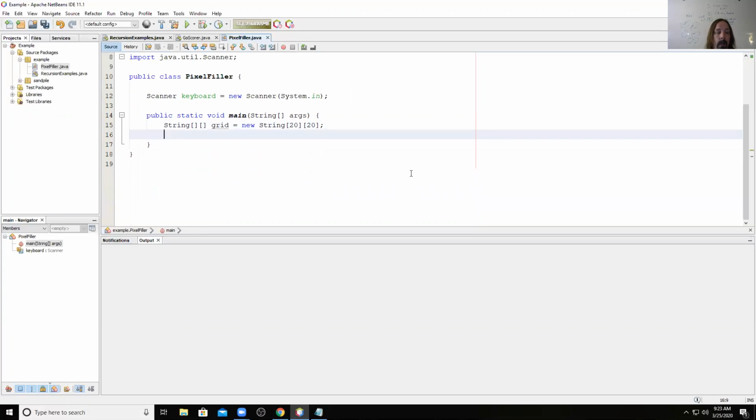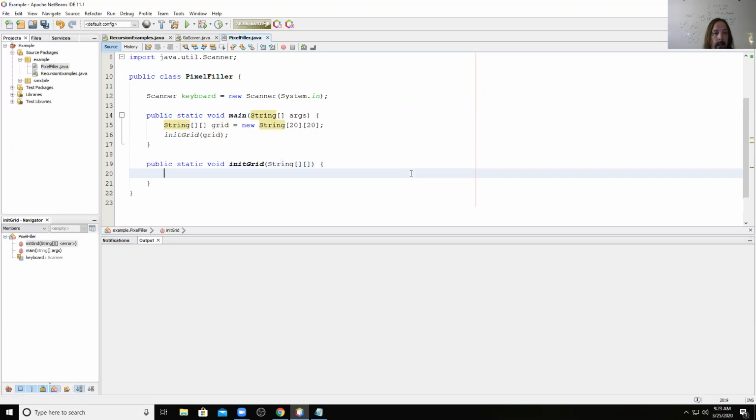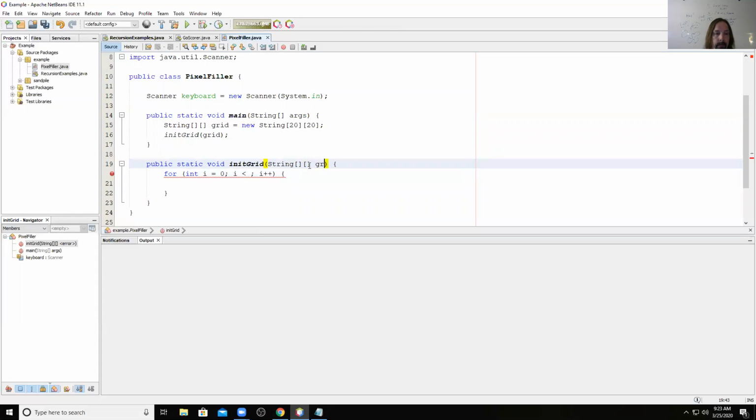And then I'm going to do a couple of maintenance things. I'm going to init the grid. I'm going to have to set it to a bunch of blanks, right? So public static void initGrid, and this thing will take a two-dimensional array of strings. And then I'm just going to do a nested for loop. Remember, if you're going to go through an array, a for loop's the way to go. Of course, this thing needs a name. And so I'm going to do grid